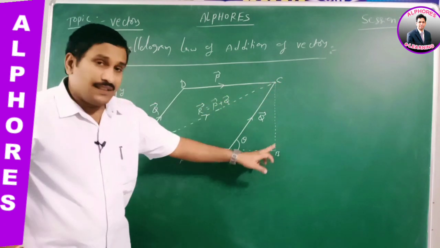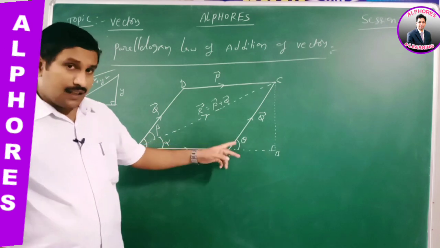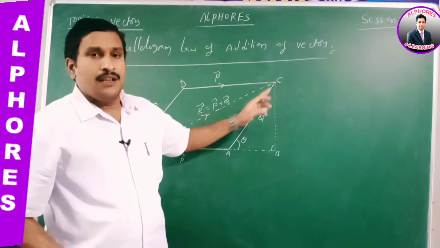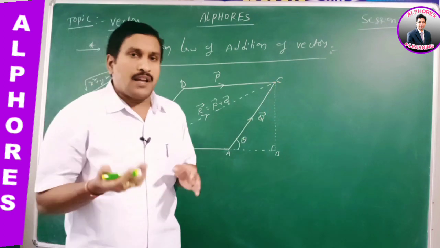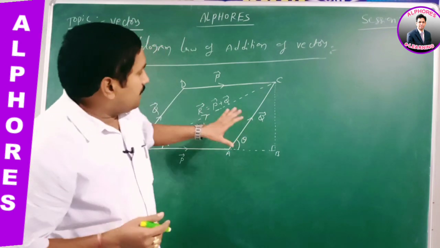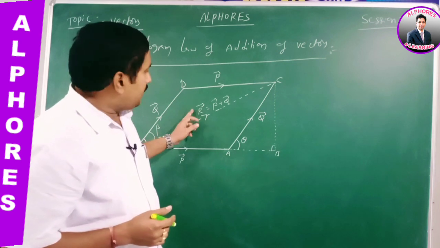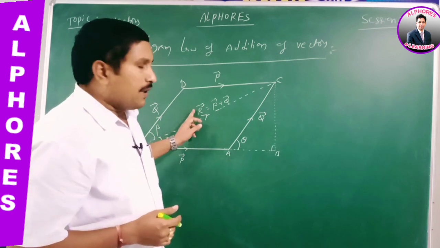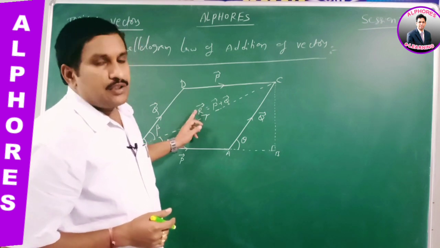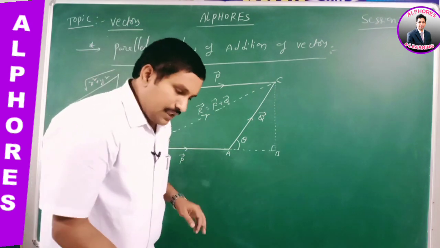Now in this diagram, O, B, C is the big right angle triangle. Another right angle triangle is A, B, C, the second right angle triangle. If you know the right angle, then you apply hypotenuse square is equal to side square plus side square. By the same method, here I am applying to get the value of R bar. By taking the Pythagoras theorem, I have to find the magnitude of R bar from this right angle triangle. Now listen carefully.